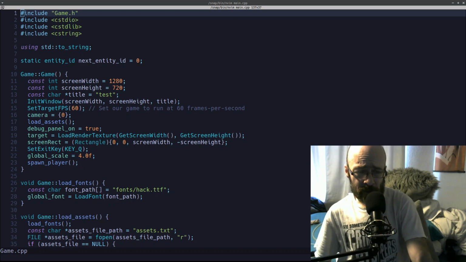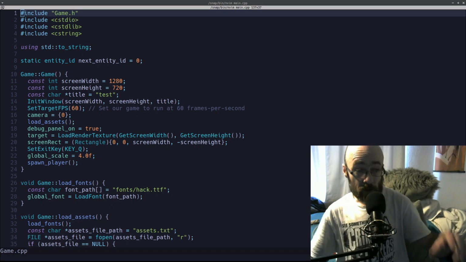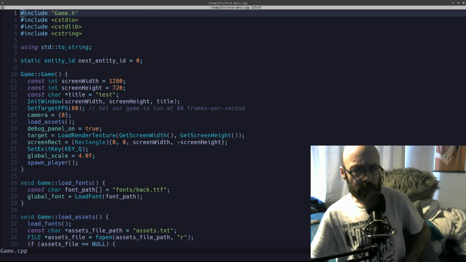So the Skull raylib rewrite's coming along pretty good, but I want to make things more generic. I don't want this to be the infrastructure for just Skull. I want it to be the infrastructure for all games going forward. So, you see how we're doing a lot of stuff here in the constructor? Where I'm like